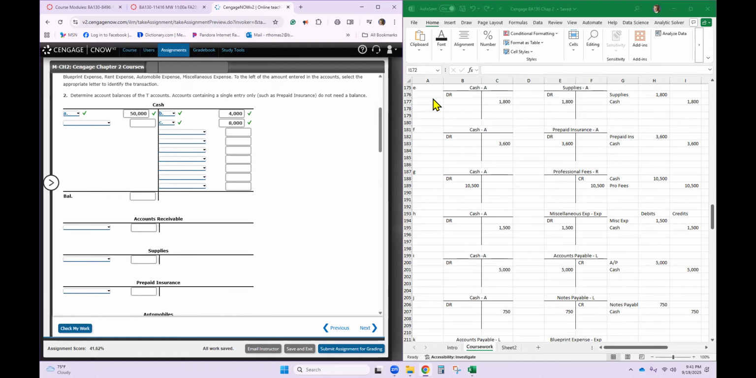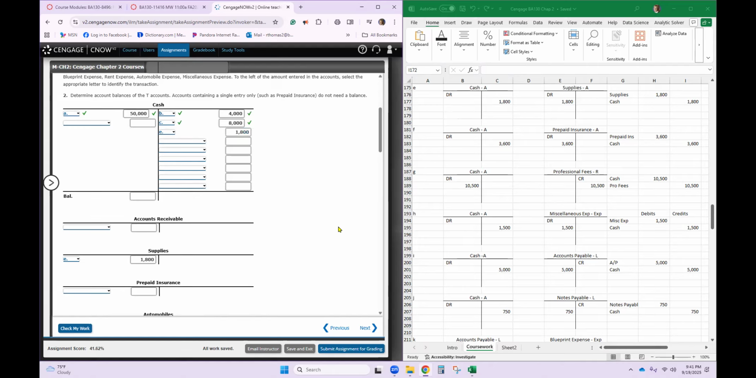Paid cash for supplies, $1,800. So this one is correct. I didn't have to change it. So supplies is going to go up, and this is E, $1,800, and down goes cash. For E,